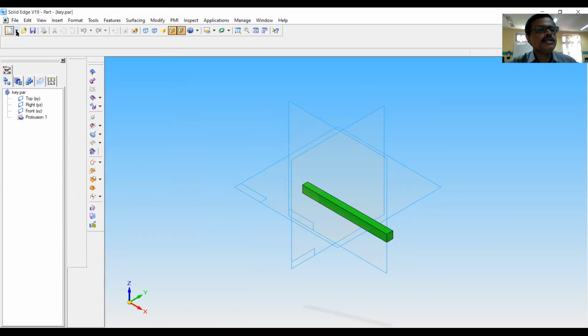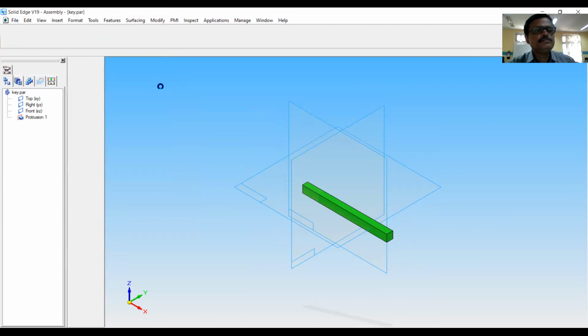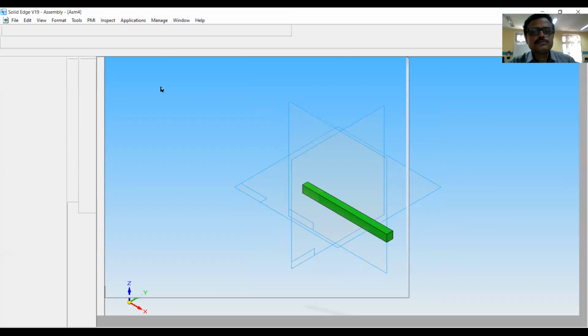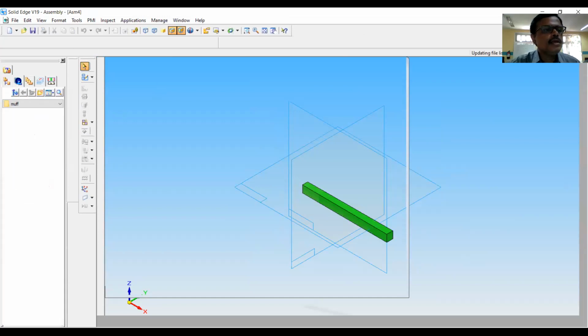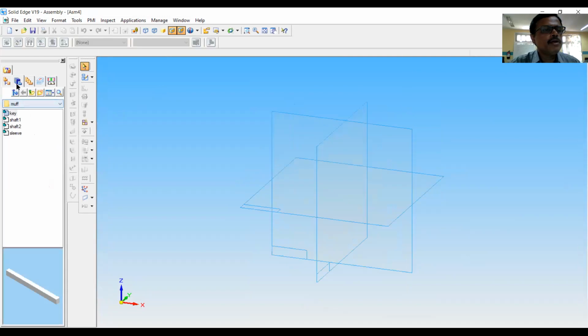Now to complete this, we'll go to assembly. In the assembly, we'll go to the parts library. I will open the parts now. What we have done, muff coupling. The first part we have done is muff.